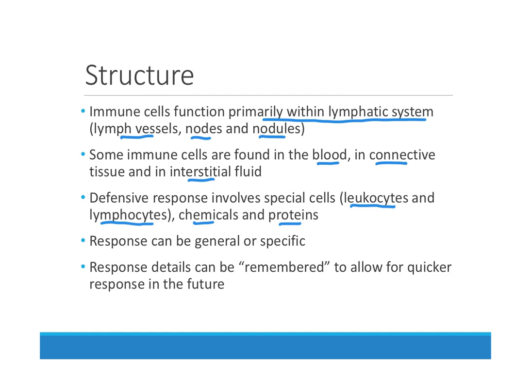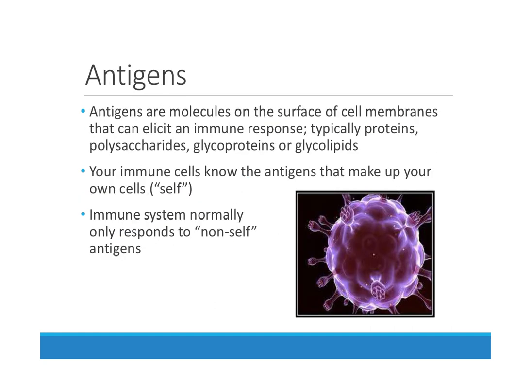The response of your immune system can be general, just sort of this is what always happens when something comes into the body, or specifically tailored to a particular pathogen. And these specific responses can be remembered so that the body can respond quicker if this pathogen comes through your body a second time. Before we get into details in the immune system, we need to talk a bit about